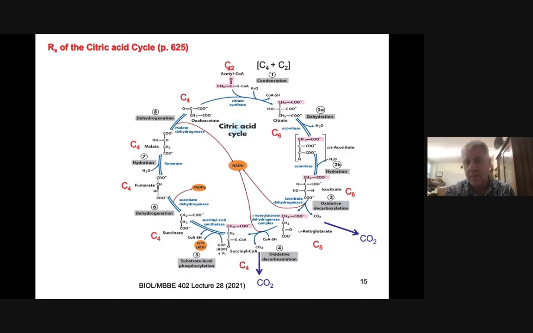So we're going from adding the 2 carbons to the 4 carbons to give us 6, and we'll start seeing a decrease in the carbon numbers as we release it as carbon dioxide from the alpha-ketoglutarate dehydrogenase complex and also